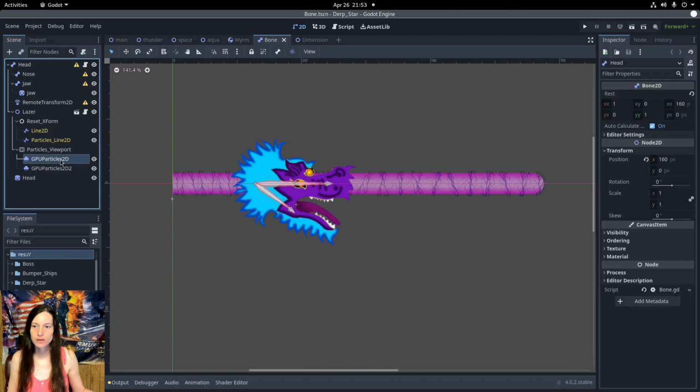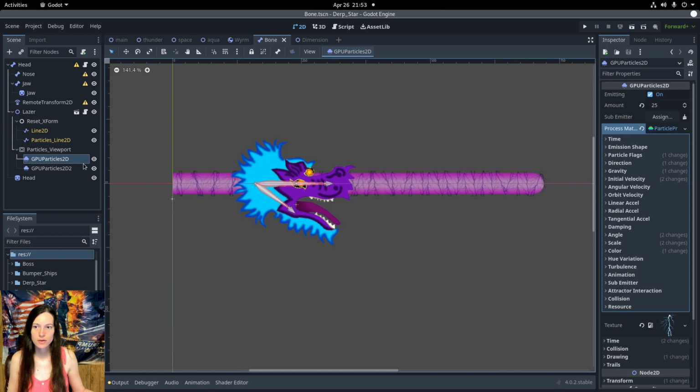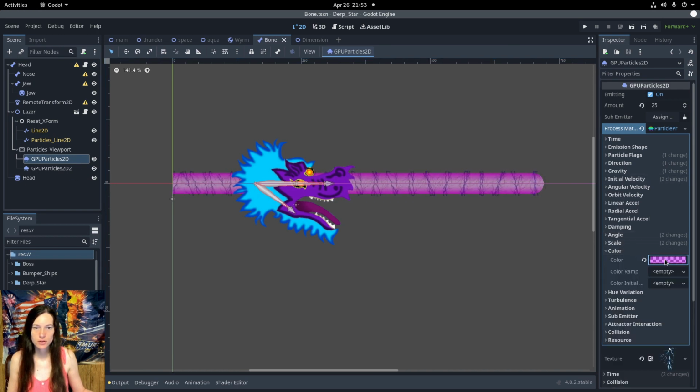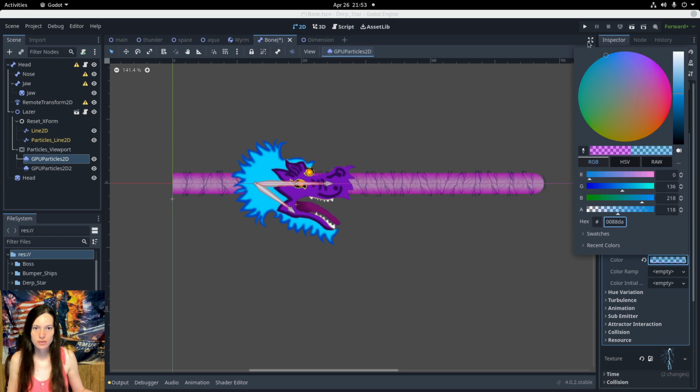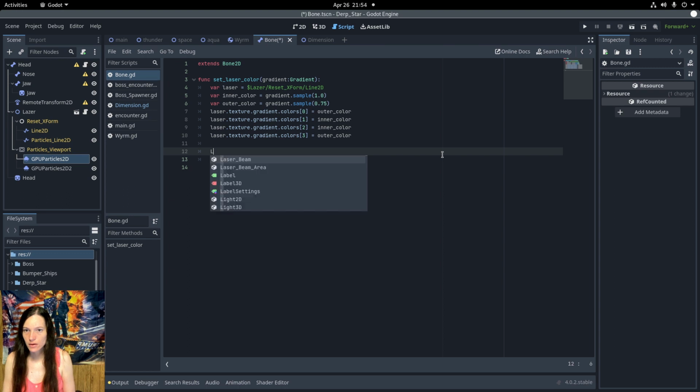Now to change the lightning particle color, under process material on the emitter, you can change the base color to change the lightning colors, as you can see. So in the script, I'll set the